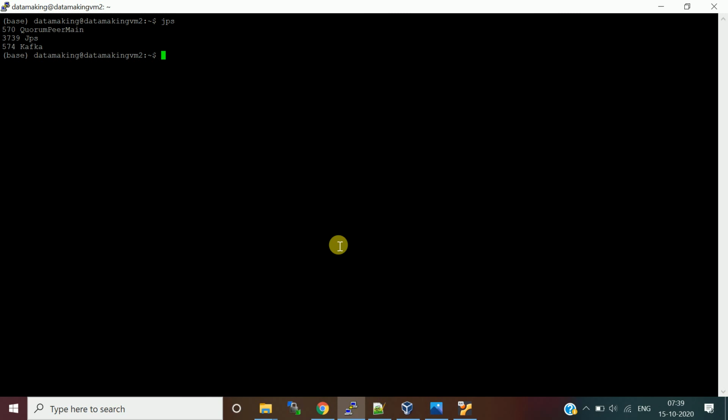For HBase, Zookeeper needs to be available, which is already started as a system service, and HBase also needs a dependency on the HDFS service. So HDFS service should be on. We'll start the HDFS service with start-dfs.sh. It is going to start the name node and data node. Once it is started, we will start the HBase service.